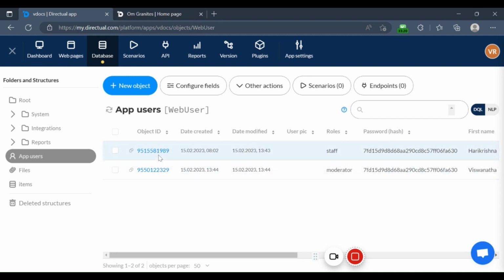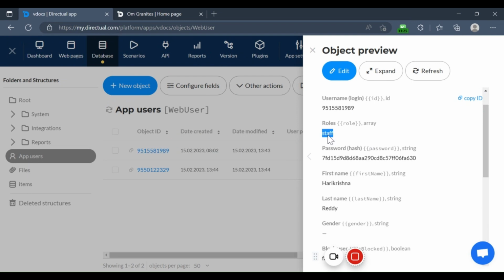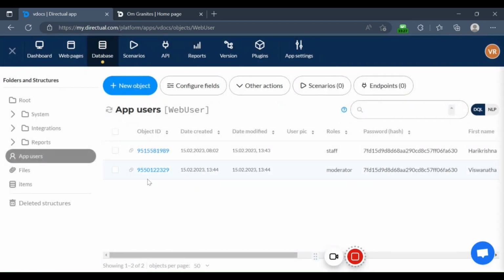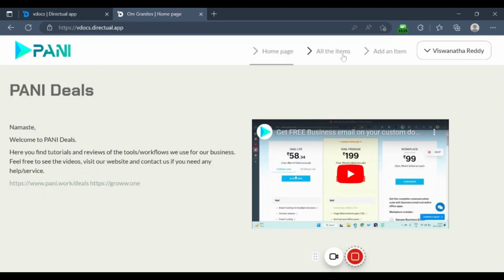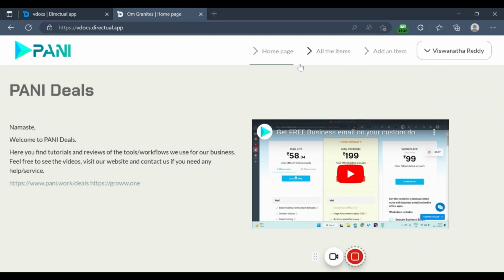So as you can see, here I have mentioned the role as staff. For that user, the all items page is not visible, only the add an item page and home page are visible. And for the other user who is a moderator, all these pages are visible and accessible. So the question is, what is the authority? It is moderator, and if you log into the other user,